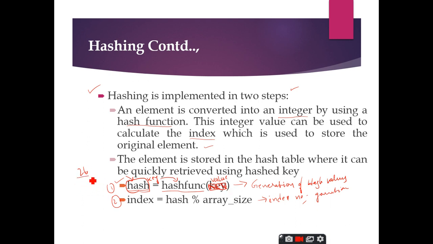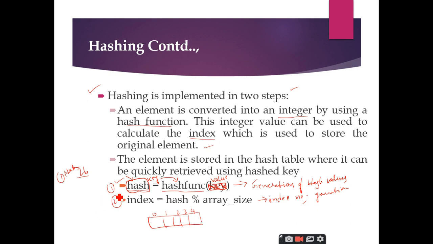Right. Once you have a value, the first step is to generate the hash for that value. How are we going to generate the hash? By making use of the hash function. How we are going to define the hash function, we will discuss within a short while. Once you have generated the hash, if this hash is not mapped to our array size, for example, let me take my array size as 5, the array index always ranges from 0 to 4. Is it right or not?